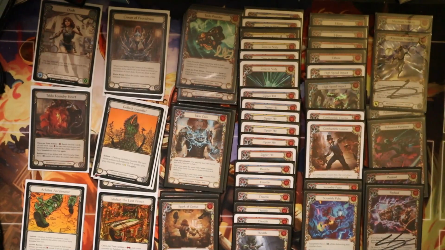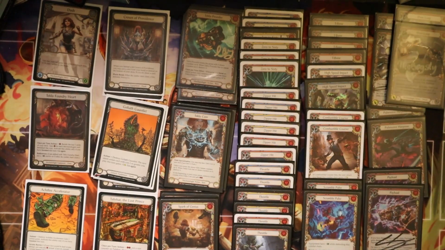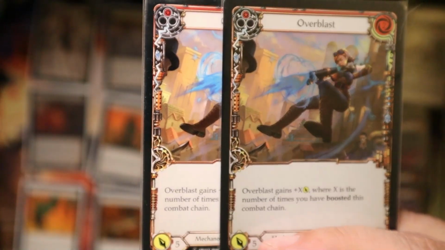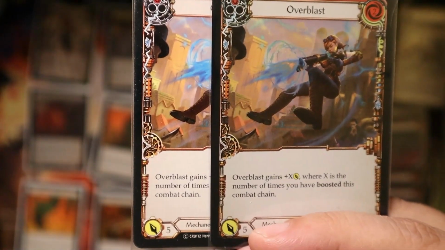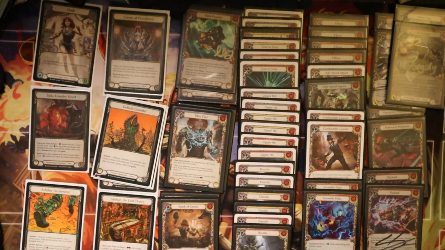But in the dark, if you don't know about the local metagame, I would still prefer to play Overloop. And another card as a finisher that you could play is Overblast. This gets bigger if you boosted several times in the combat chain. You could play this. I used to play this instead of Scramble Pulse in the past, but I will not